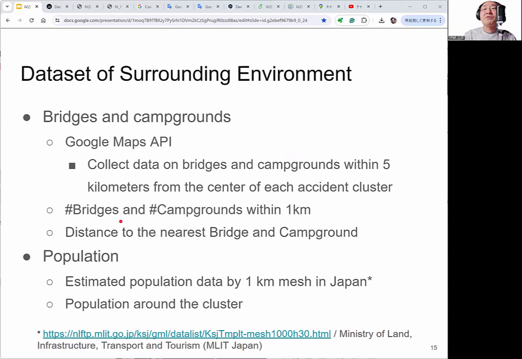And we also calculated the distance to the nearest bridge and campground from the hotspots. And we also collect the estimated population data by 1 kilometer mesh in Japan from this site in Japanese, and we extract population around the hotspot.